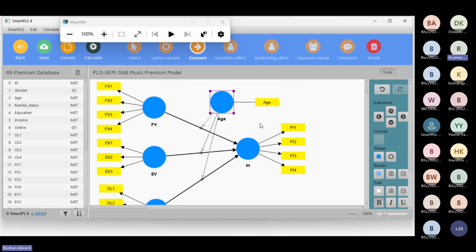right? Because now it's a little bit complex. It's not a very complex one, but these kinds of complexities are difficult to handle in Stata, right? It's difficult to handle in Stata. But if you do that in SmartPLS, you can see how easily you can just draw it and you can run the model,